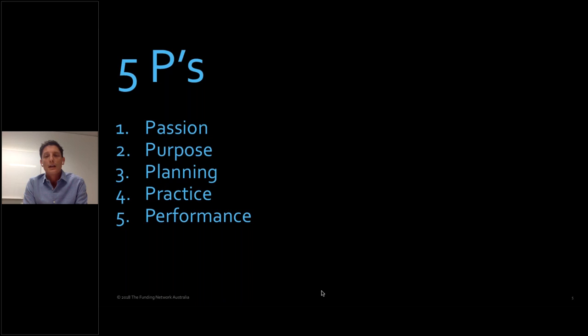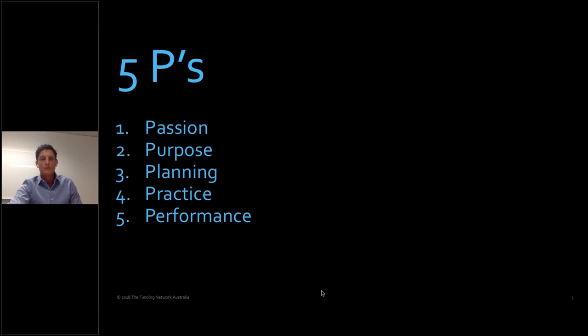being able to pitch with clarity and with impact will have as much influence, hopefully, on the way that you write your grant applications, the way that you do the copy for your website, the way that you have conversations with your funders. It's not just about public performance. But if you think about these 5 Ps in turn, then if you can tick them off and get to the end and think about making sure that you're well practiced, then it should put you in the best position possible to be able to have any funding conversation or public pitch.